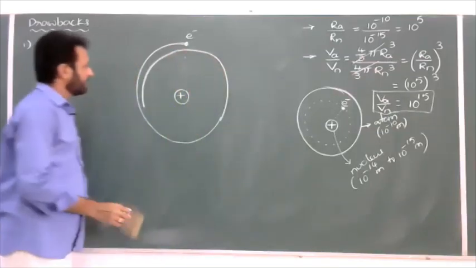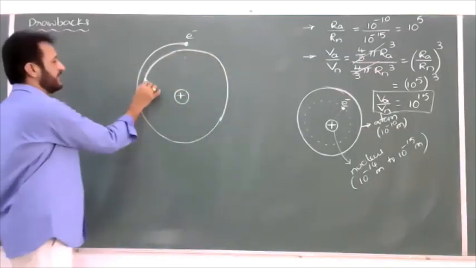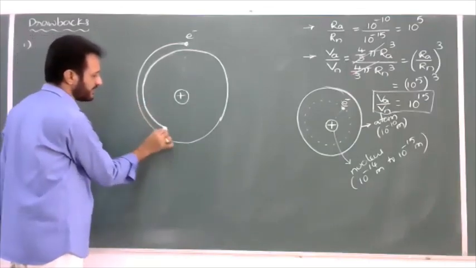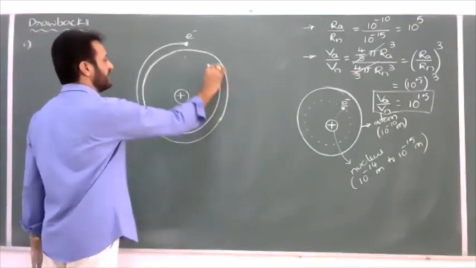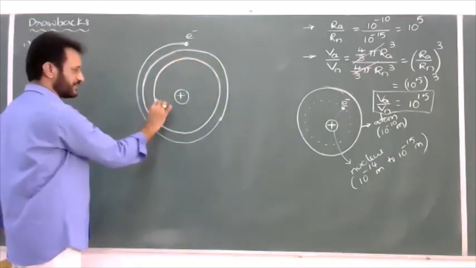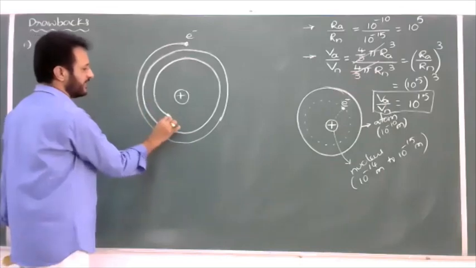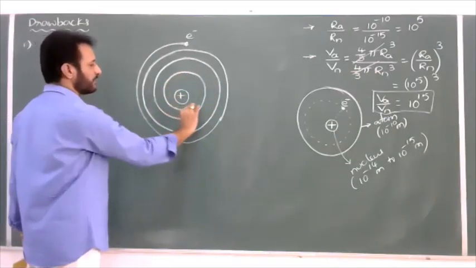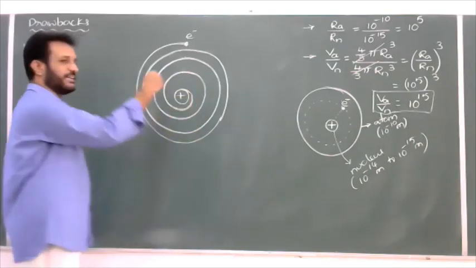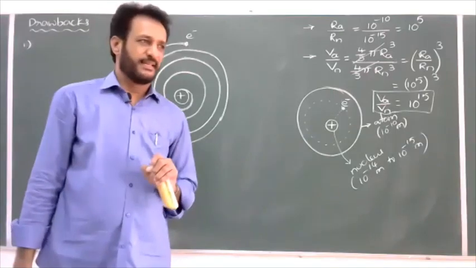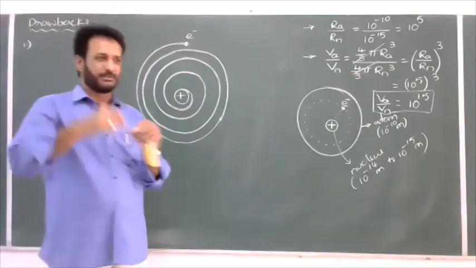Again, after completion of one more circular orbit, the electron radiates energy and again the radius decreases like this. So in each and every rotation, the electron radiates some amount of energy and the radius of the orbit decreases, and finally what may happen? The electron may fall into the nucleus. What is the shape of this path? Spiral.